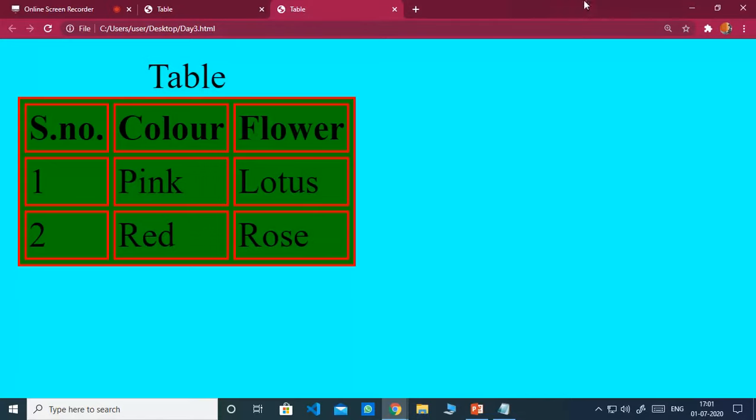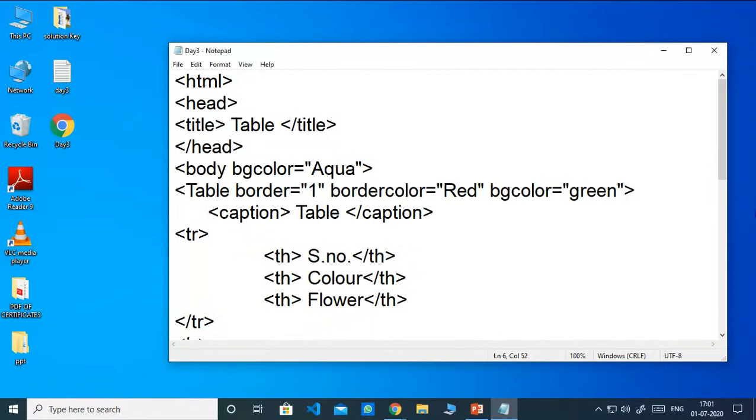Now let us use the same BG color with tr. So what we'll see is a single row will be colored. Okay, so now we'll use BG color. BG color is equal to, when you are using it with tr, let's say, yellow.